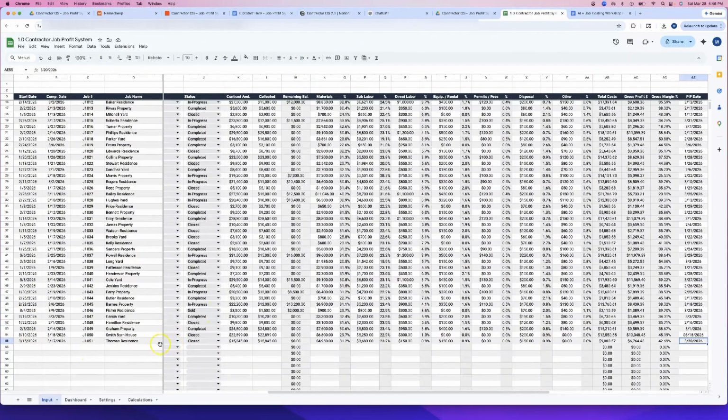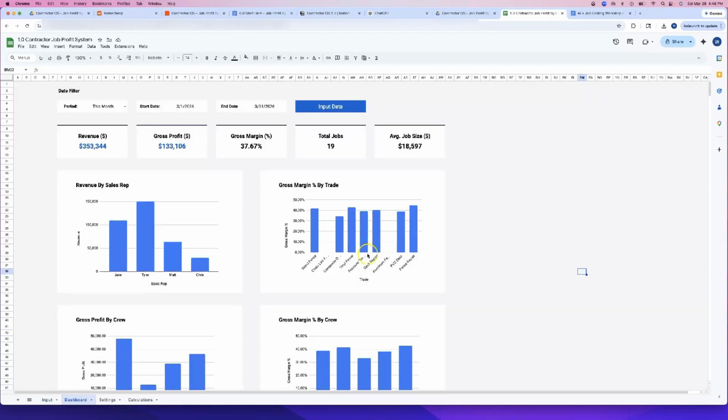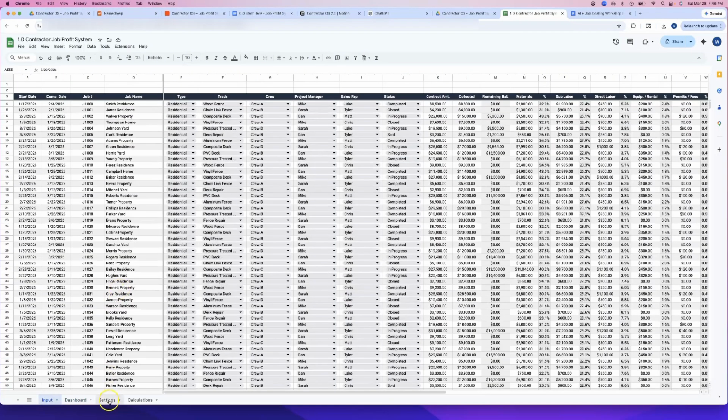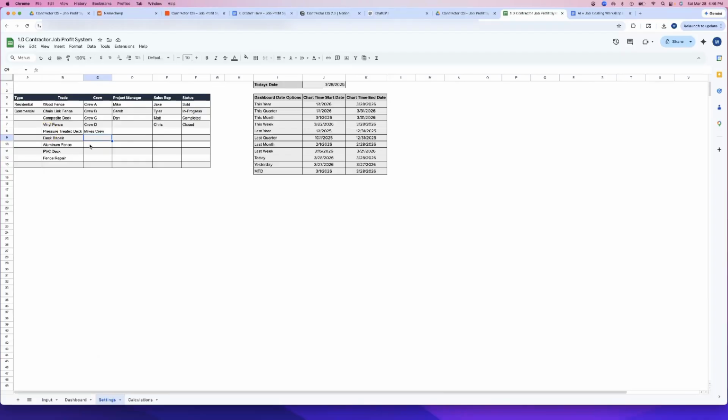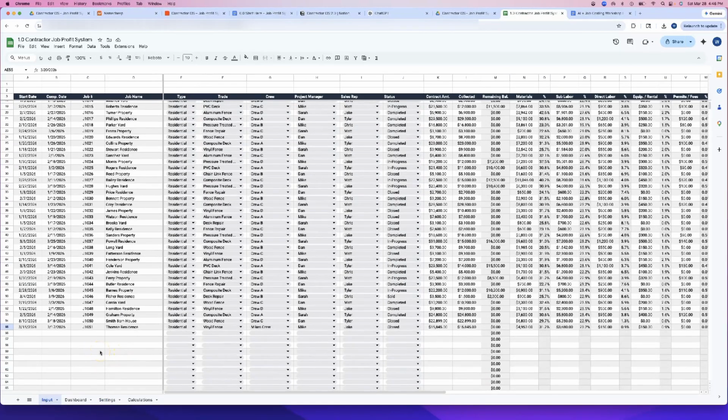So now that we have this new job in with our new crew that we added, and we head over to our dashboard and we scroll down, boom, now we already see that Mike's crew has been added to the dashboard. So like I said, super easy to customize and set up. Within 5 minutes, you can be up and running with this thing. You go into the settings, put in the information for your company, input a job in less than a minute, and you are off to the races, tracking your job costs and getting that information in a nice, clean dashboard